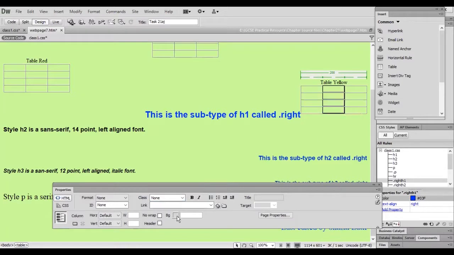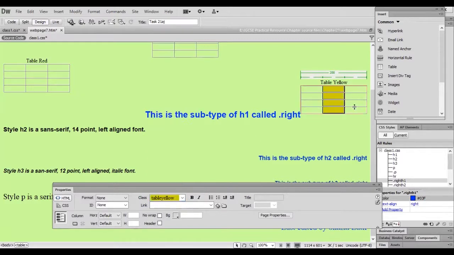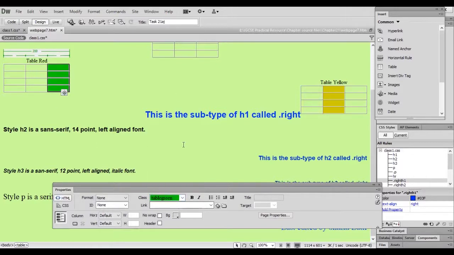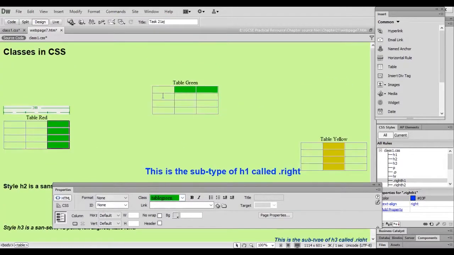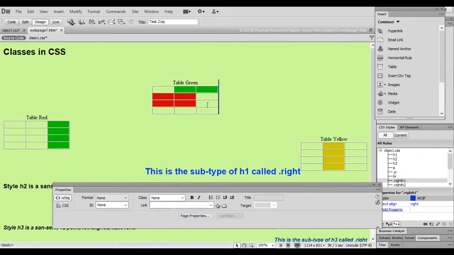You can even change any color from this class. Suppose here I would like yellow. Okay, so I would like to change a blue color here, green color. I would like to change the cell color of this table also red. So this is how I can change a different color of this.